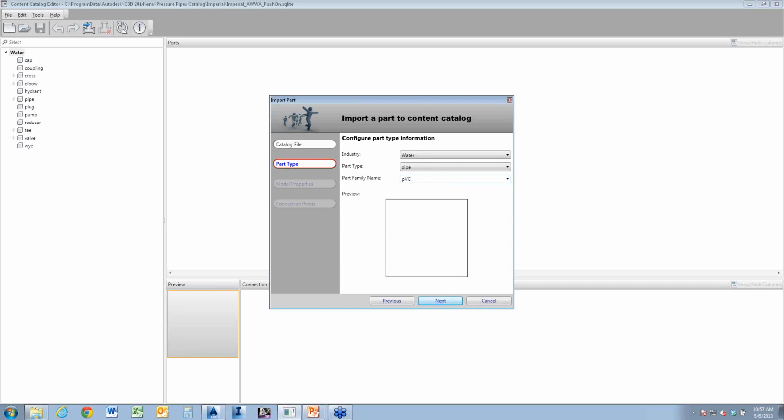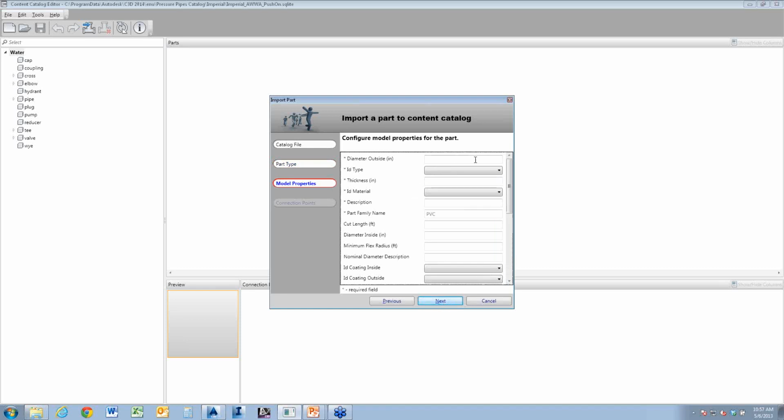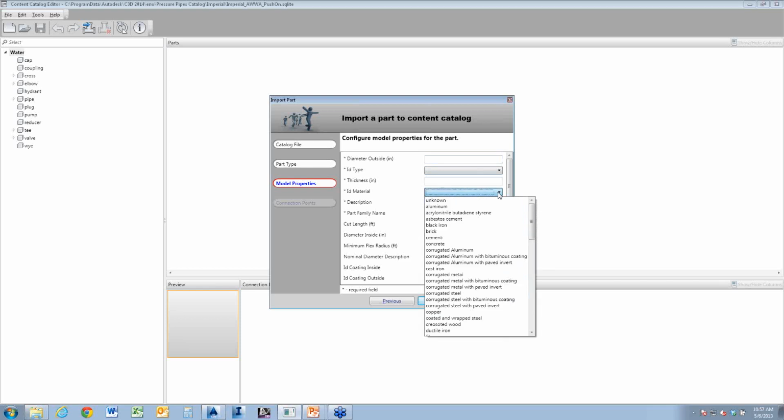Interesting. Material properties, put in whatever you want, and it allows you to create your own pipes. So if you really want to, you could even create one for concrete asbestos. There's all sorts of different materials you can choose from here. Nope, concrete asbestos isn't one of them. So hopefully that helps you out.